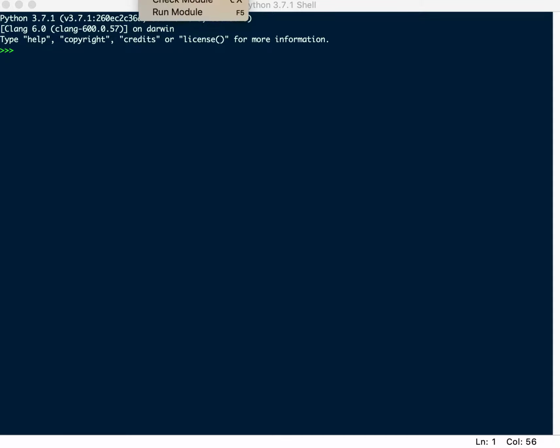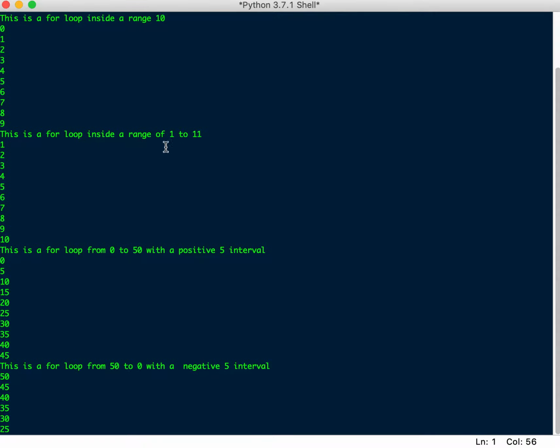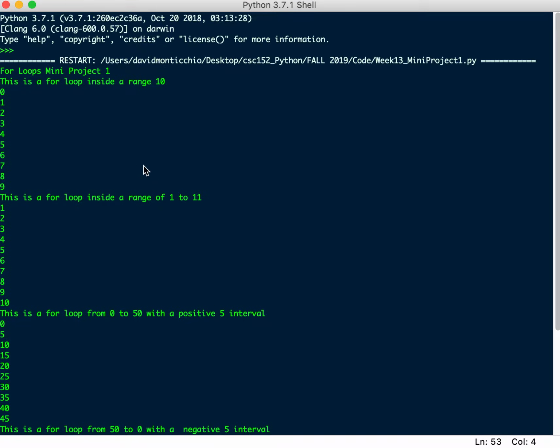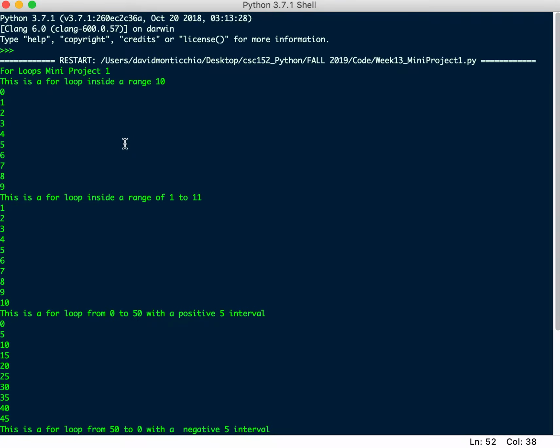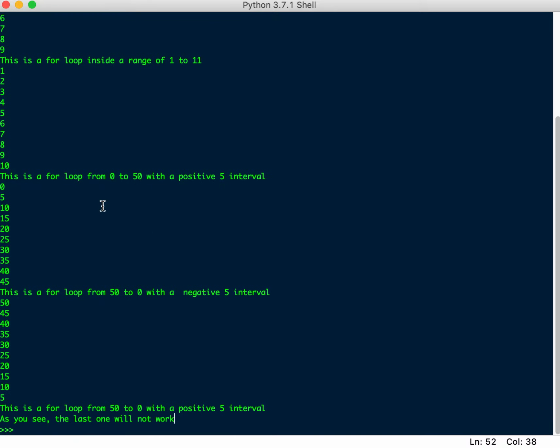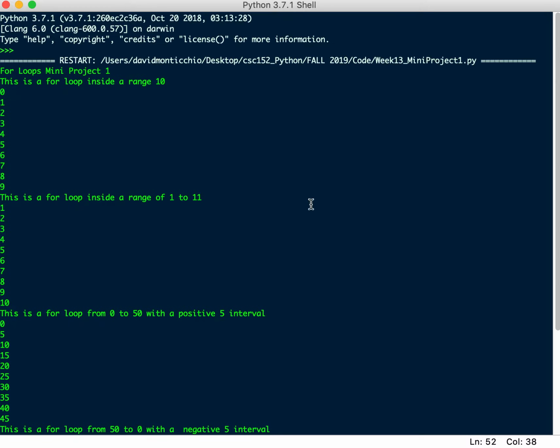So, I'm just going to run this module here in Python, and we'll see what these loops look like. So you see this is a loop inside of a range 10. This is a loop from 1 to 11. This is a loop from 0 to 50 with an interval of 5. This is from 50 to 0 with a -5 interval. And this is a loop from 50 to 0 with a +5 interval. As you can see, the last one will not work. And we're going to make all those very easily, very quickly, and we're going to